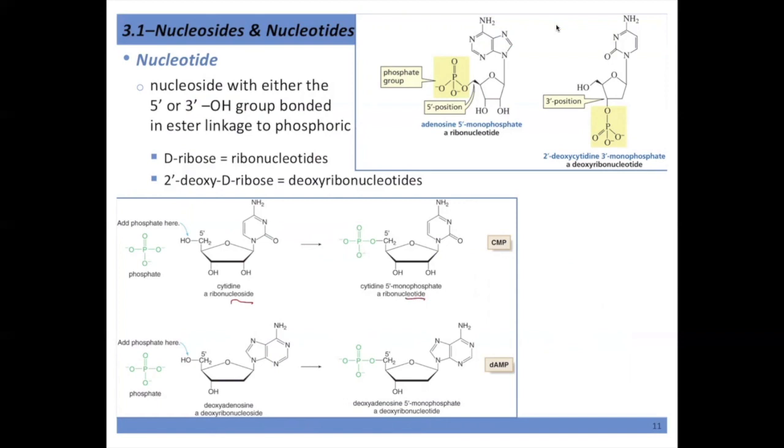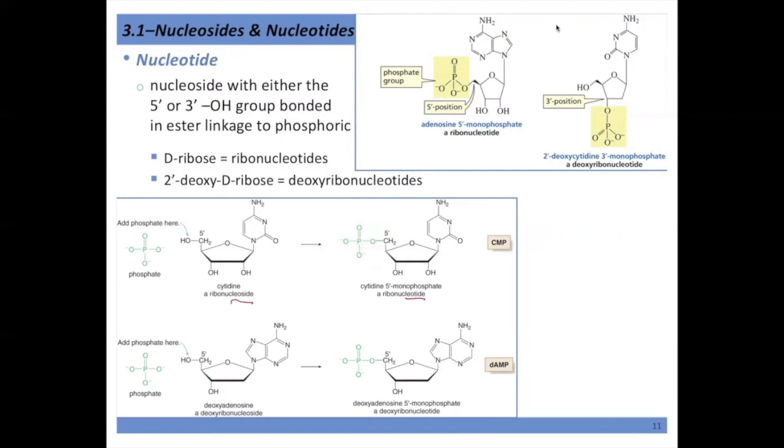So we can attach a phosphate, make what's referred to as a phosphate ester by taking the alcohol off of the sugar and reacting with a phosphate group. And so it looks kind of like an ether, but they refer to them as esters. I guess you could also argue that this looks like an ester if that was a C double bond O there. So these are phosphate esters, and